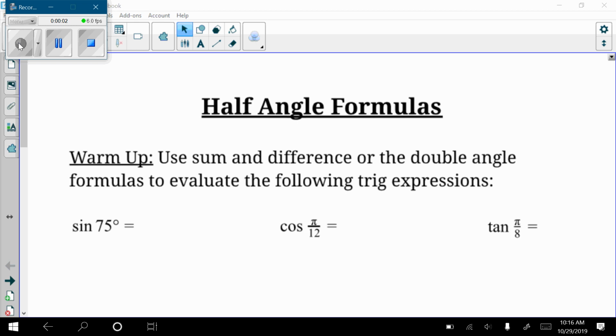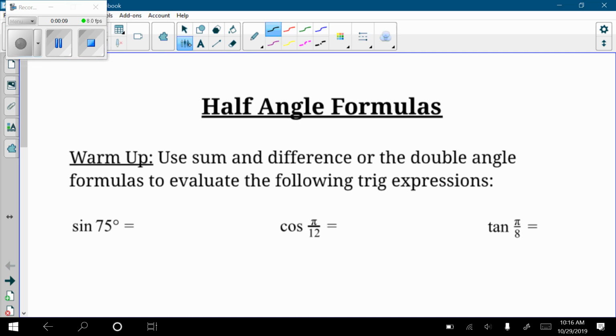Hey everybody, Mr. Covey here, your favorite pre-calculus accelerated teacher, and today we're going to talk about half angle formulas,